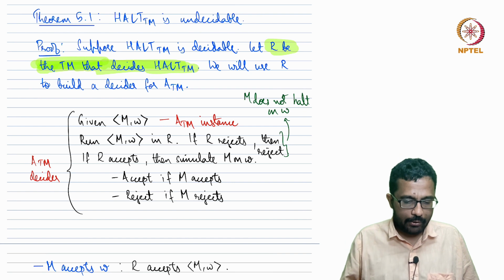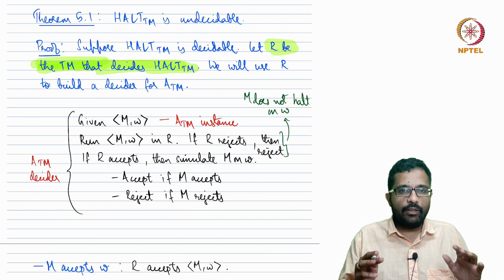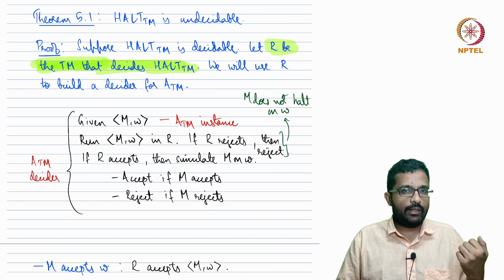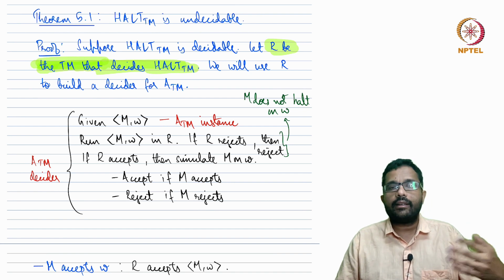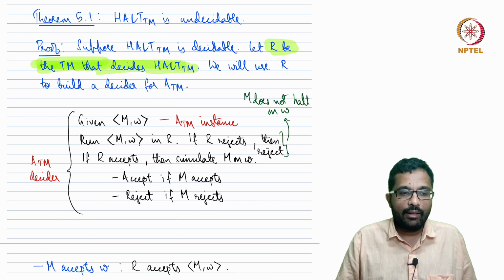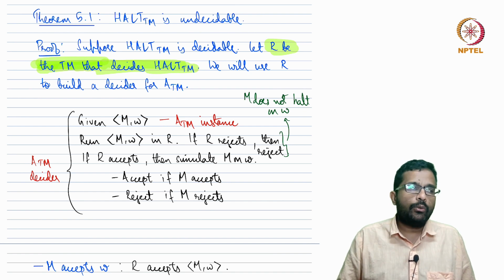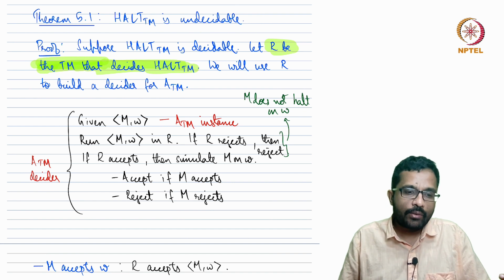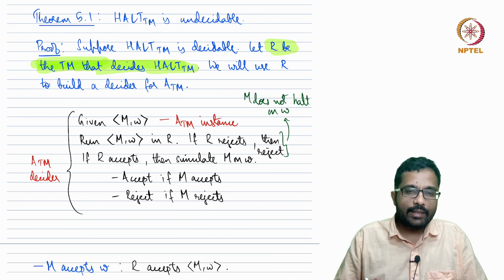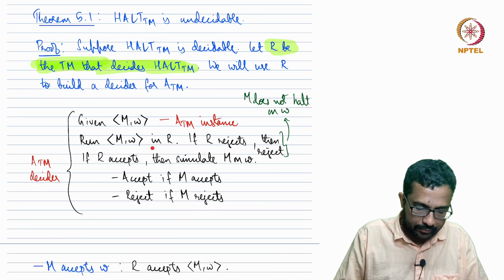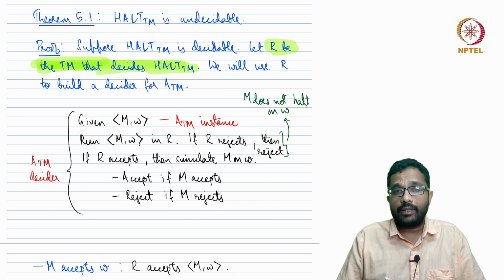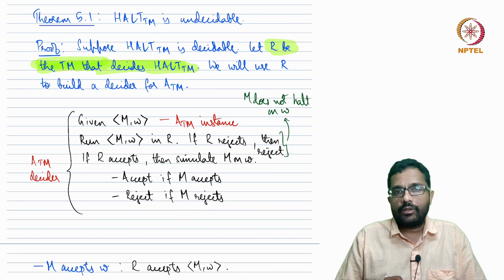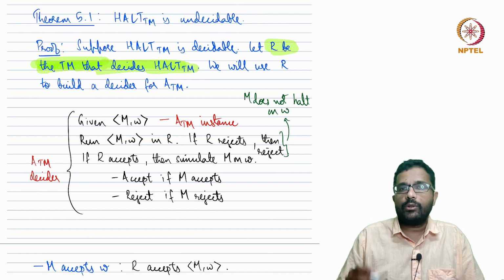So given M comma W, basically we want to run M on W. This is what we discussed earlier in the last week. We can run M on W and output whatever we get. But the issue that we ran into was that what if M loops on W, right? That was the issue. So now that issue here is taken care by R. So R is a decider for HALT-TM. So we ask R whether M halts on W, and if R rejects, we know that M does not halt